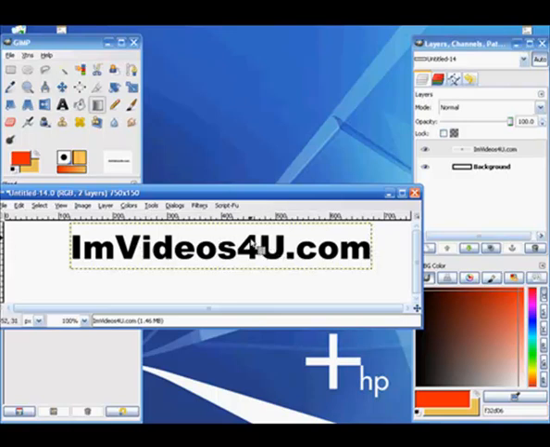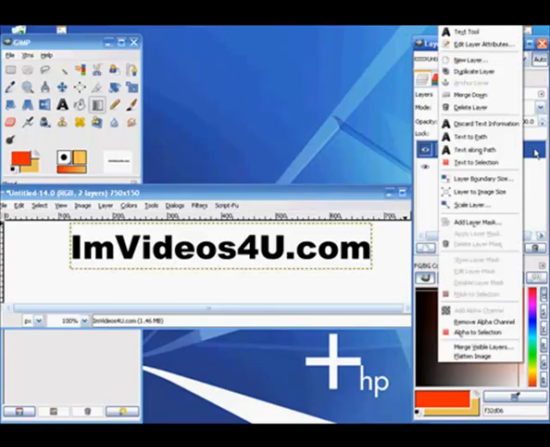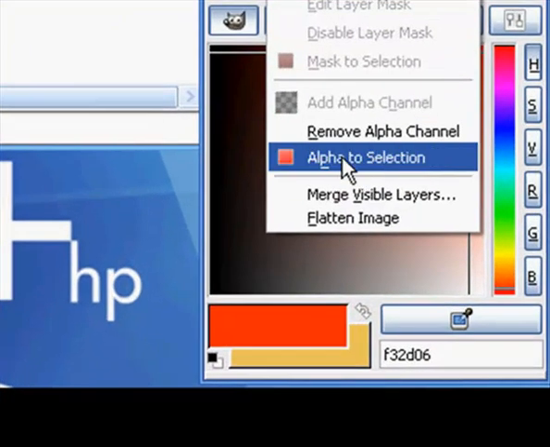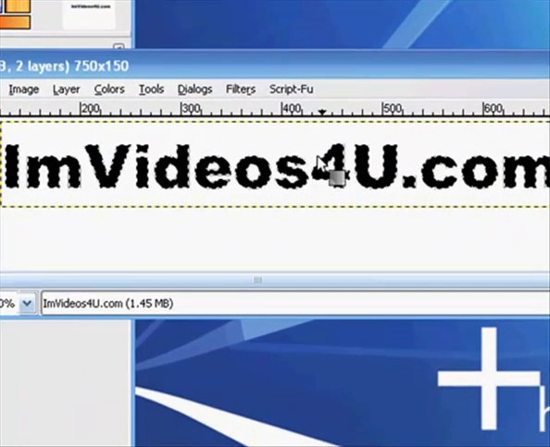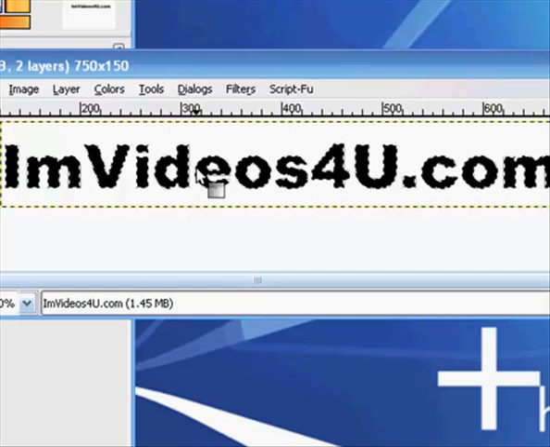not the actual image, because you can see what is selected right now is all of this, the little standing ants. We want them puppies to be marching around this text right here. So how we do that, we go up here and we right click on the layer, come on down here and left click on alpha to selection, and there's the marching ants. Now our text is selected,